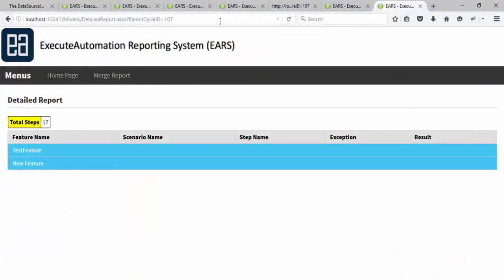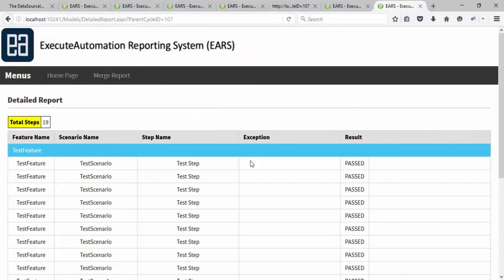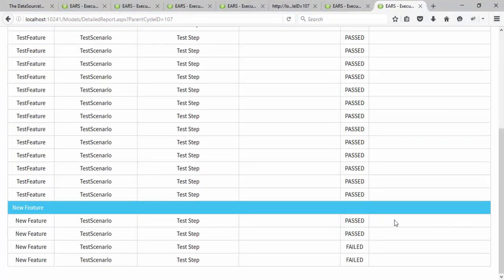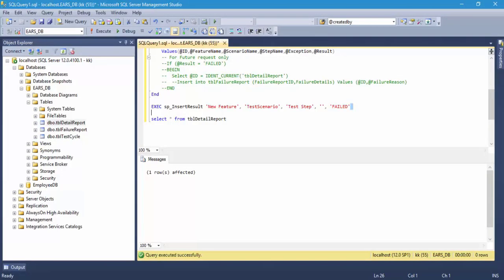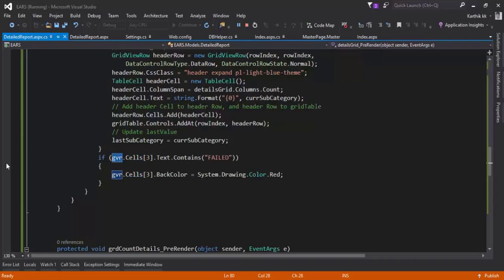And if I go to this page, and maybe if I refresh this, oops, it should show the failed as red. I don't know why it's not displaying. Maybe something has changed in the code behind, maybe the grid value is kind of different. So